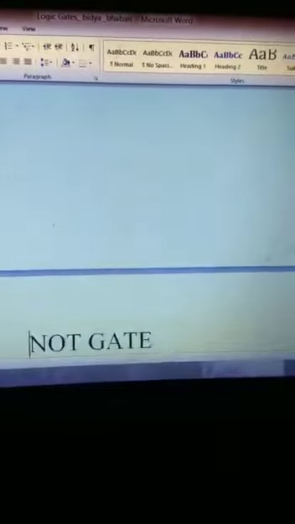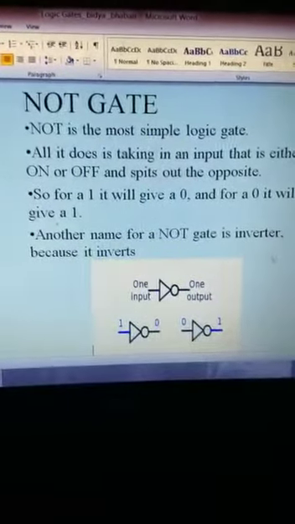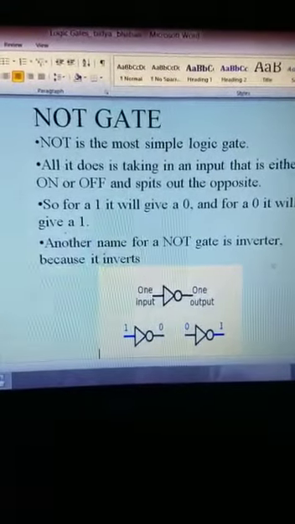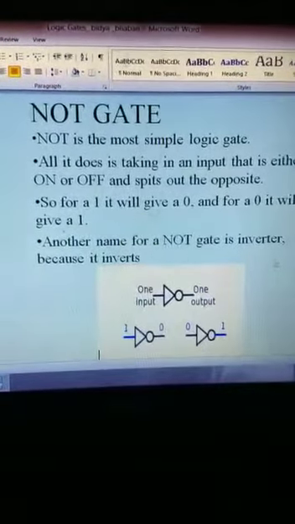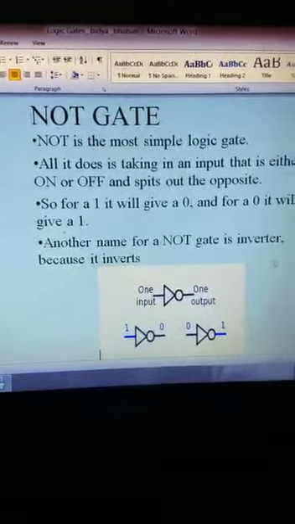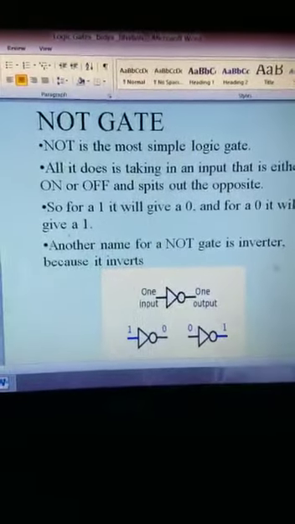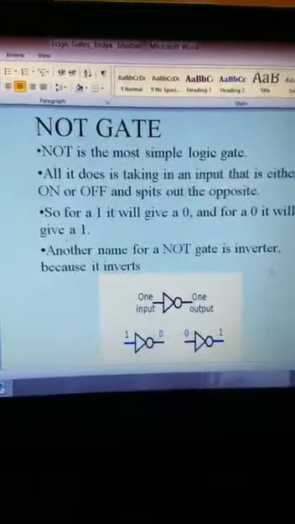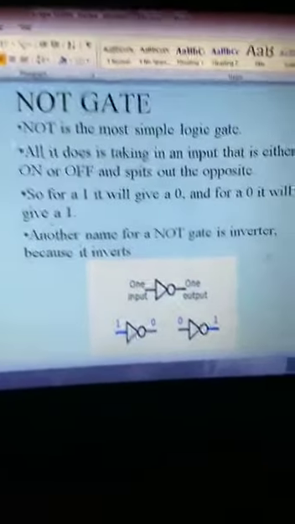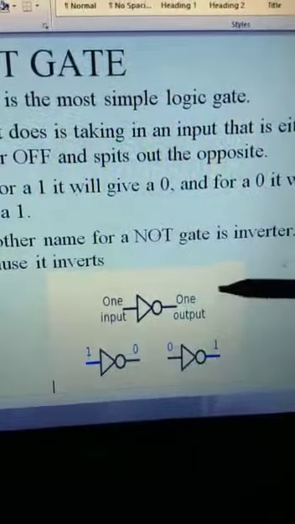Now come to the first gate. The first gate is called the NOT gate. It is a single input gate. It means that through this gate we can pass only one single input. It is the simplest logic gate. It will take either an on value or an off value. On means 1, and 0 means off. See this picture, this is the logical diagram of the NOT gate.